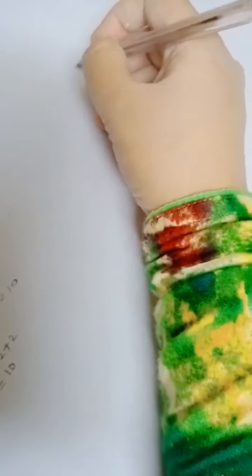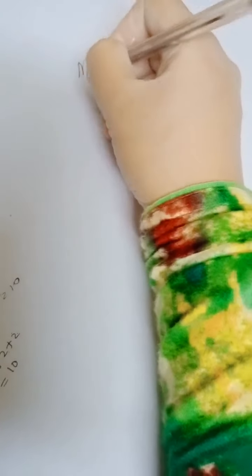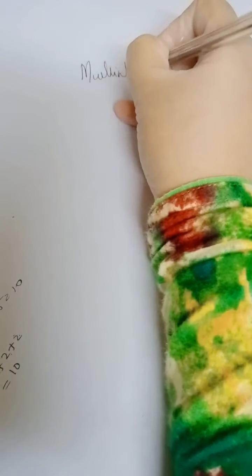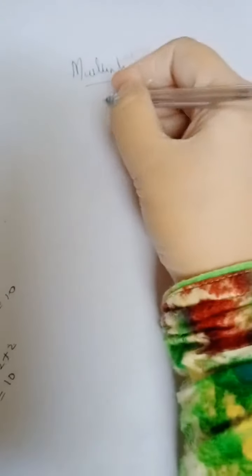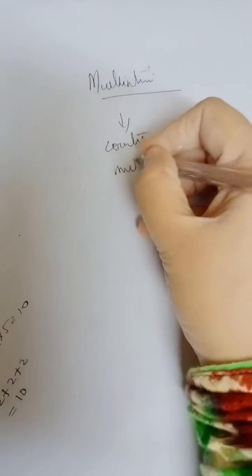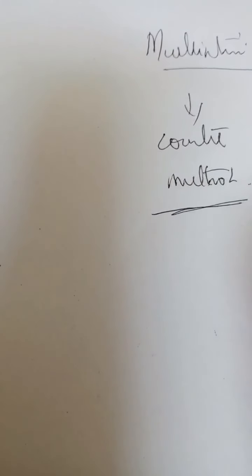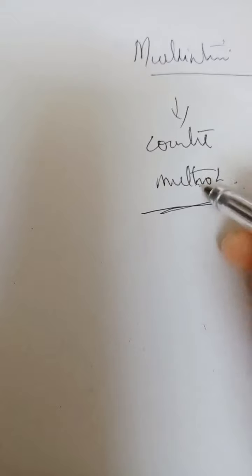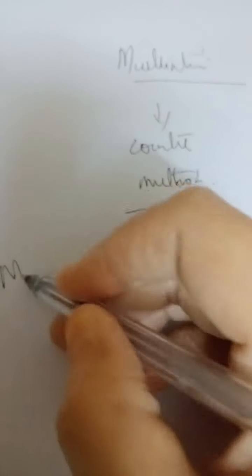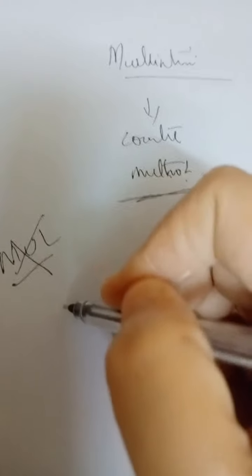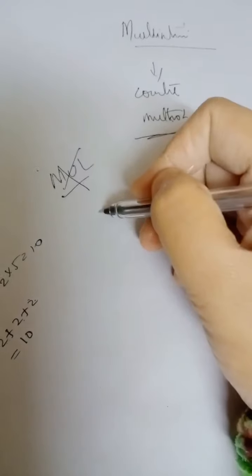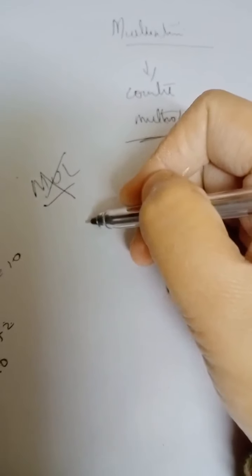Now we will start the program for the repeated addition technique, like multiplication, by the counter method. Now we are doing multiplication by the counter method. What do we have to do now? See, the MUL instruction is not there in our 8085 microprocessor. So what do we have to do?